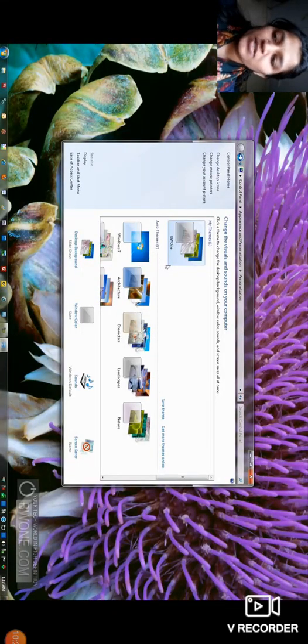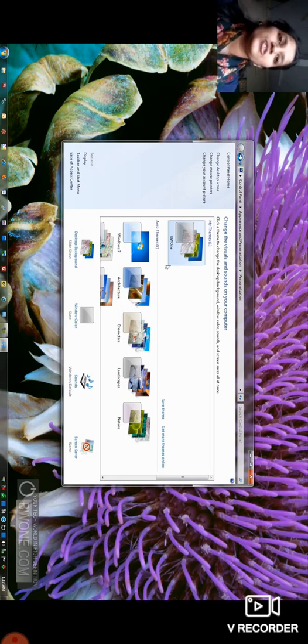So this is how, students, you are going to use the personalize option for the desktop background. You can give so many beautiful and attractive effects to your desktop using the personalize option. If you want to change your desktop background, or set any beautiful theme, you just have to click on the personalize option.